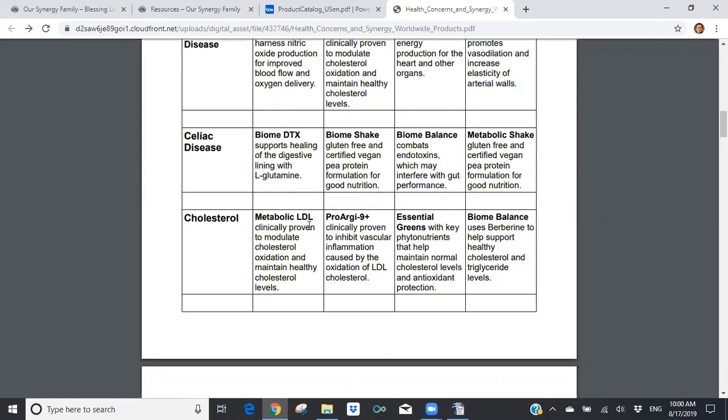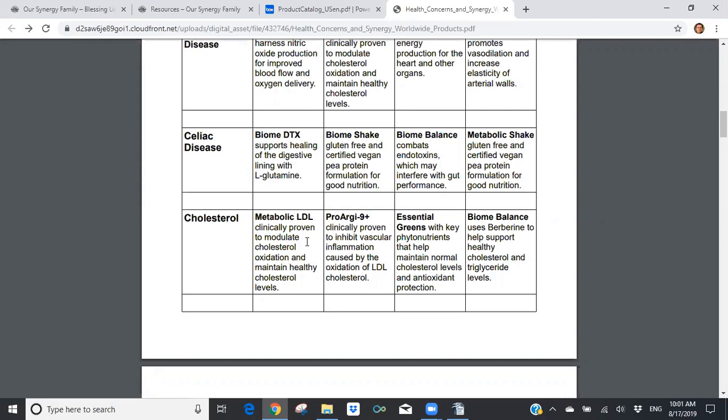That's what Metabolic LDL does. It uses the berberine fruit extract, which has been clinically shown to interfere with the liver's ability to create cholesterol, but doesn't interfere with coenzyme Q10. So it's a natural way for you to address a cholesterol concern and bring your cholesterol back into a more healthy level. And then understand, if you're going down this whole cholesterol issue, do the research, because it's not